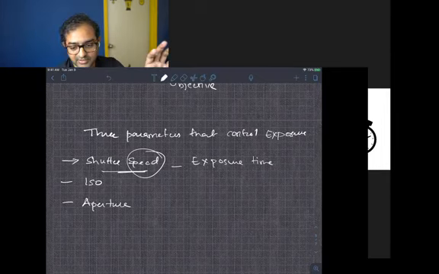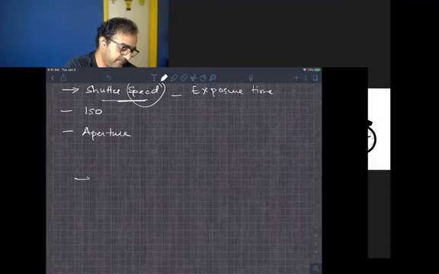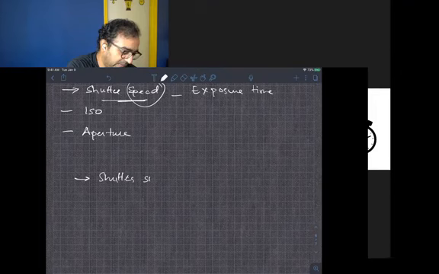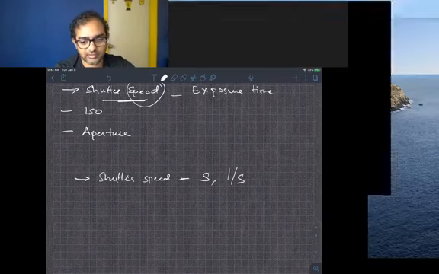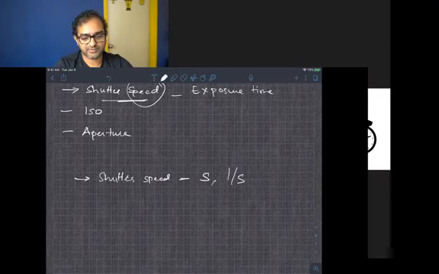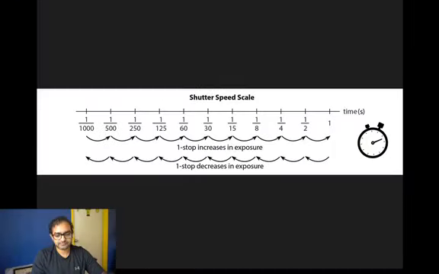And shutter speed is measured in seconds or fractions of a second. If you look at our presentation, sorry, just give me 1 second, we'll move back to our presentation. If you look at our presentation, you'll see that shutter speed is measured in units of time. So you can have a fast shutter speed.